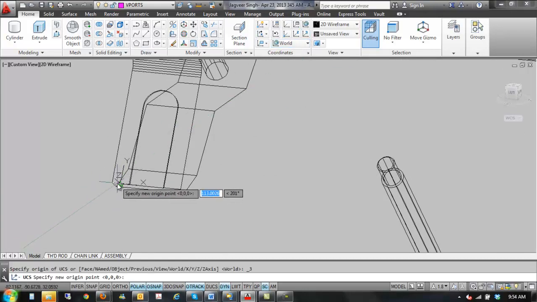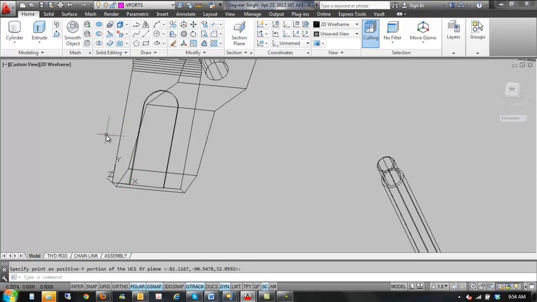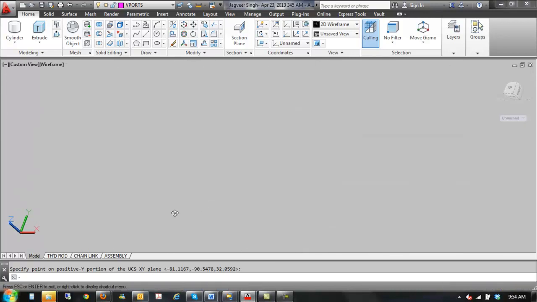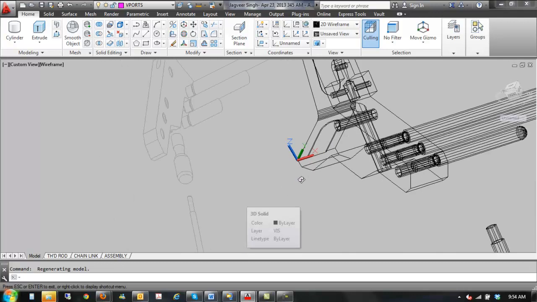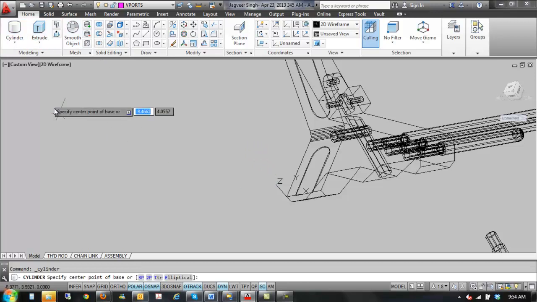So in here, using the edges here, I just want to make sure I'm on the corner. It looks like I am. Alright. So X and Y is lined up with the surface. I'm going to use the cylinder tool, and I want it at 0.5